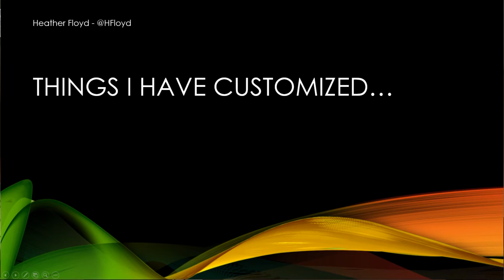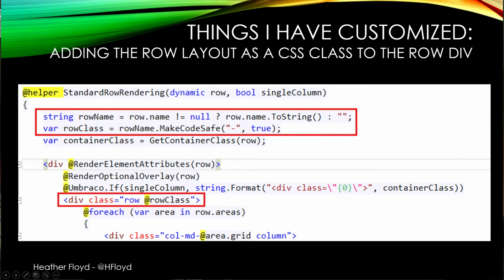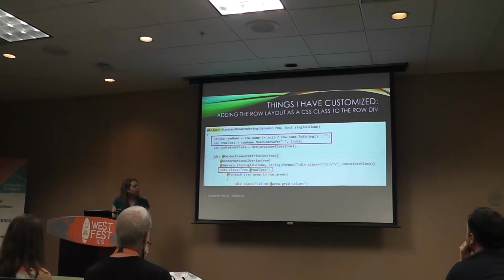So, things that I have customized for our recent projects. Adding the row layout as a CSS class. This is mostly just a little helpful thing for our front-end developer to plug into. Just say, hey, let's just tell them what row we're on. So if they need to do special padding for certain types of row layouts, then they can do that. So just drop a class on there. Makes them